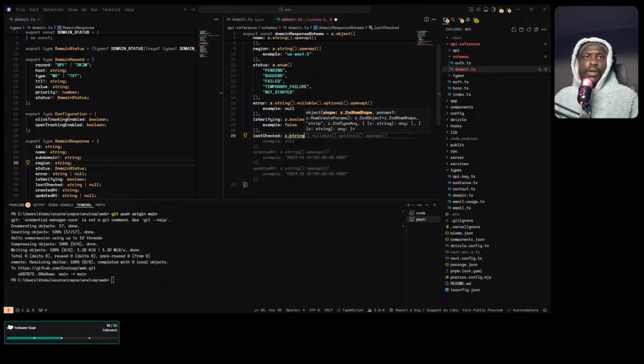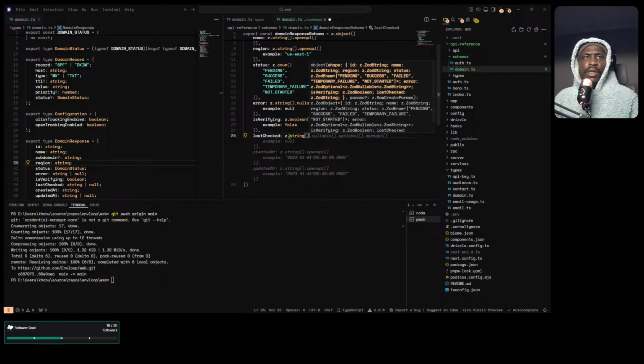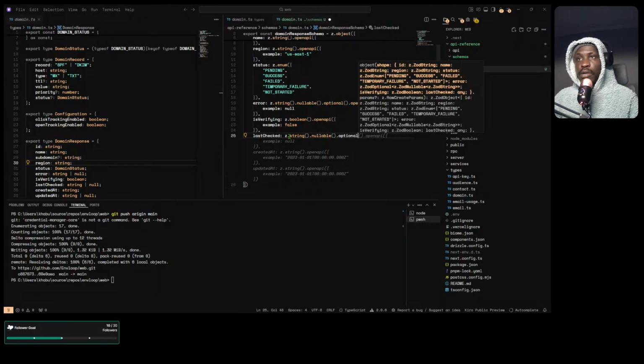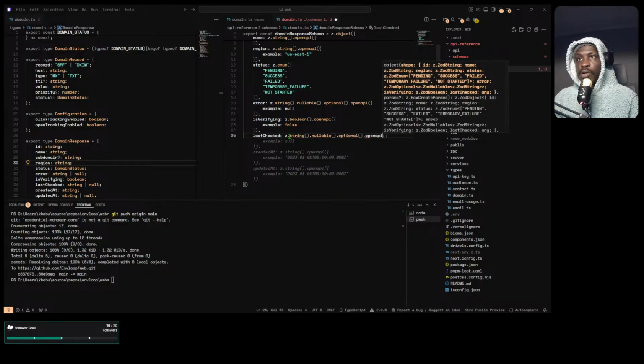This is going to be a date, right? Yeah, it's going to be a date. Let's check. But this can also be, last checked will only be populated after verifying the domain. Once you start verifying the domain, then last checked will be populated. But if you haven't started verifying your domain, then this can be nullable. So let's just say optional, OpenAPI